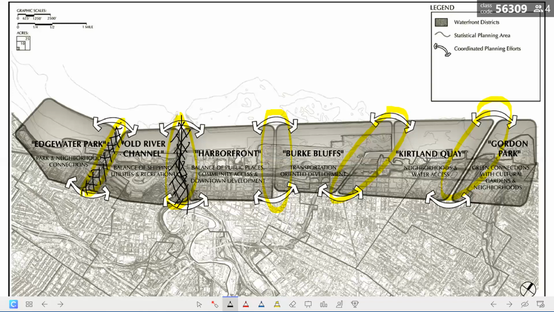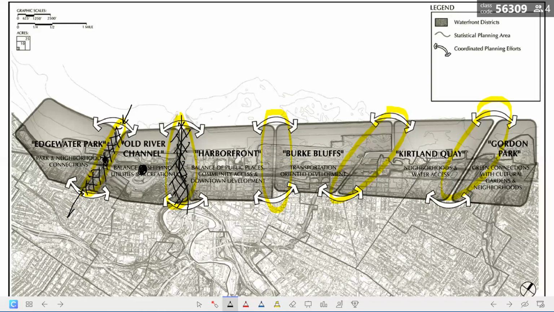The recreation bit is the buffer they introduce within the border of their site that meets the Edgewater Park. So perhaps in the heart of Old River Channel is the shipping utilities activity, but over here they have more recreation